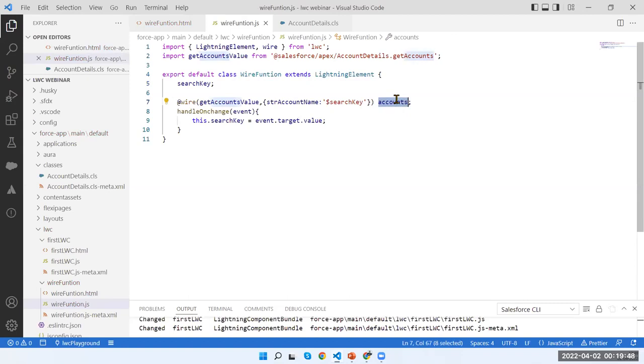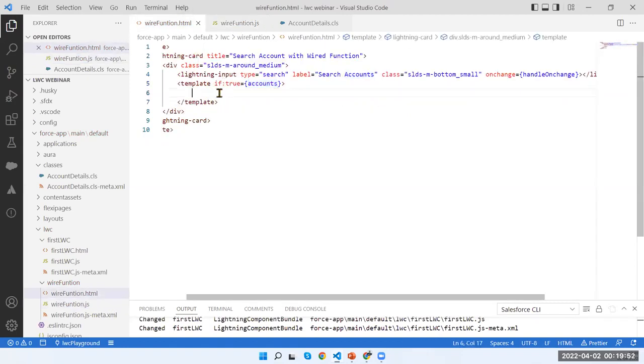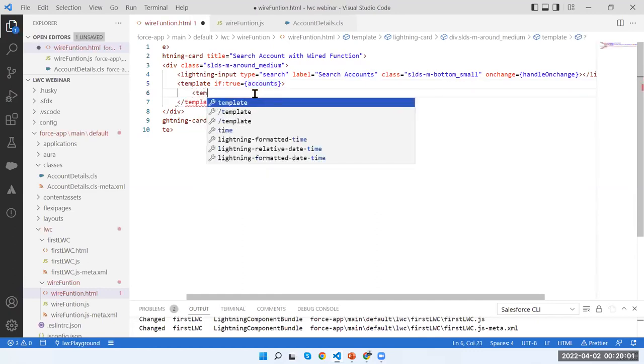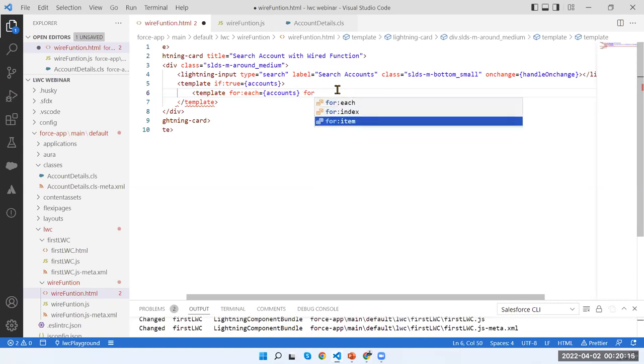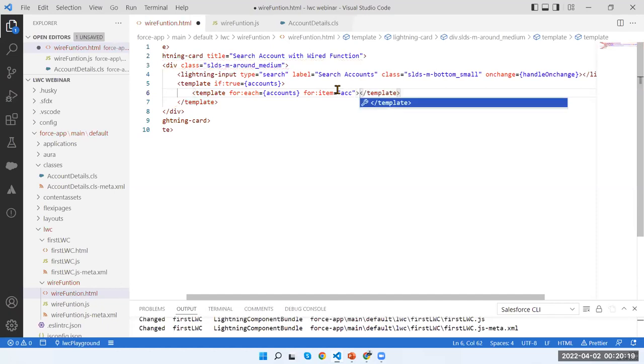Does this accounts variable, the wired variable, have some value? Then it will show me the data, right? And then this will give me a list of accounts. So to iterate, I am using a template for:each, right? I want for each of account, for each item, right? So I'm using a variable called acc,